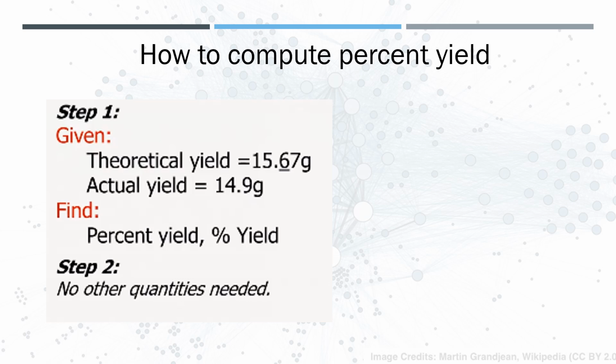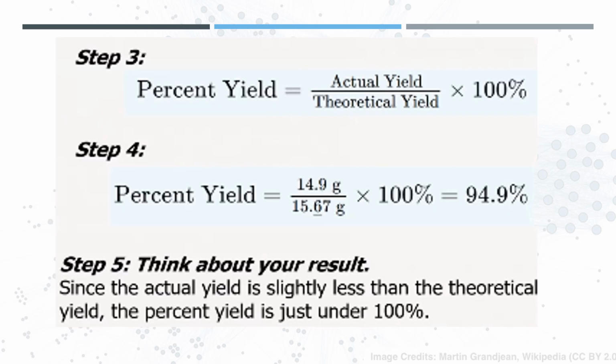What you are looking for is the percent yield. Step 2 is to list other known quantities and plan the problem. No other quantities needed. Step 3 is to use the percent yield equation. Again, the percent yield equals the actual yield divided by the theoretical yield multiplied